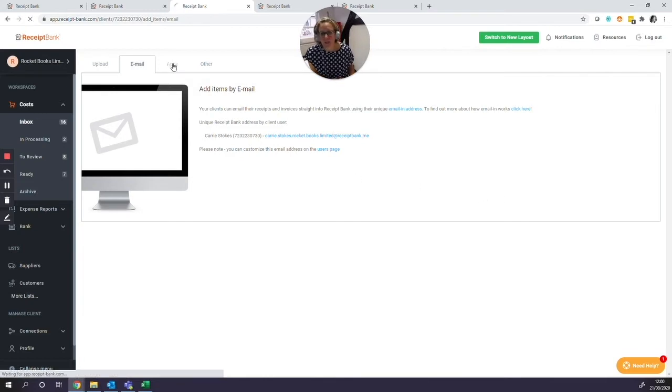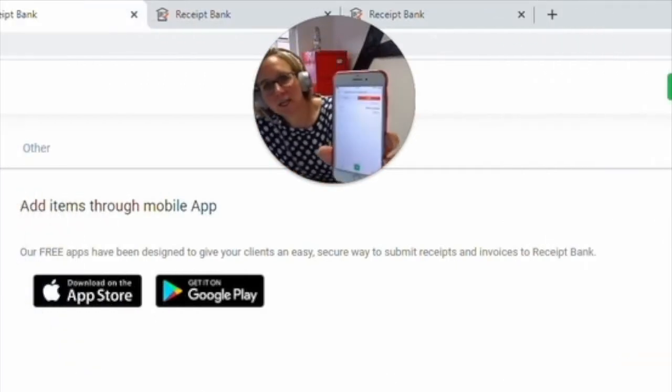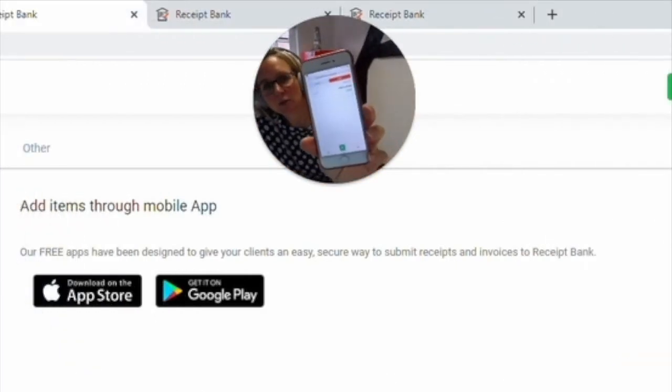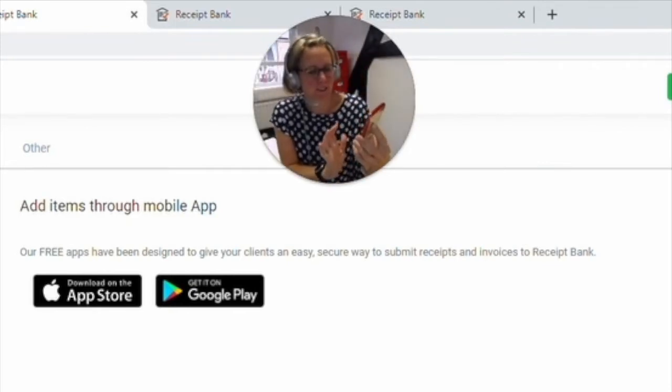The next way you can add costs is through the app, and you can download that and use your username and password that you have for Receipt Bank to log into the software online. And if I show you the app as it is now, it will look like this, and then what you do is you press the green plus button to add an item,